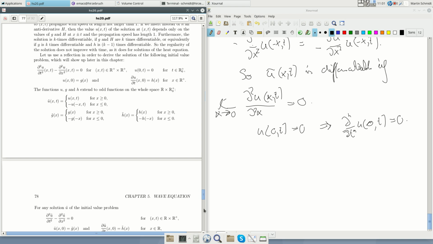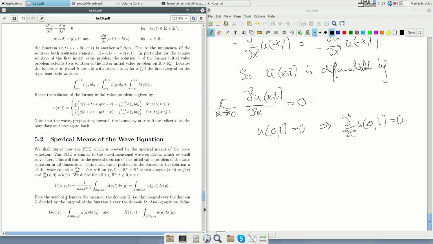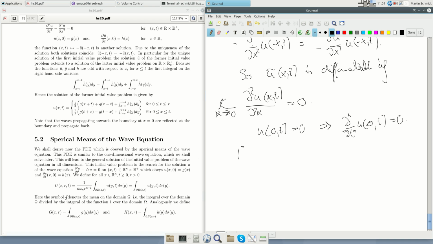And then the claim is that this fits together to a solution of the wave equation on the whole space. So then, when u tilde solves the wave equation on R cross R plus, and by D'Alembert's formula